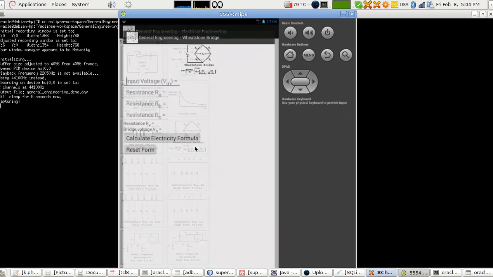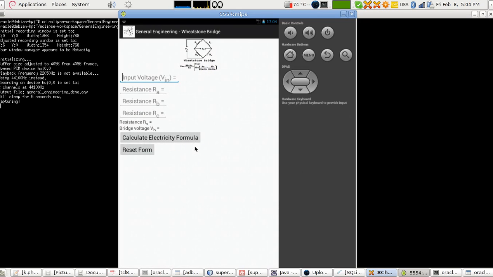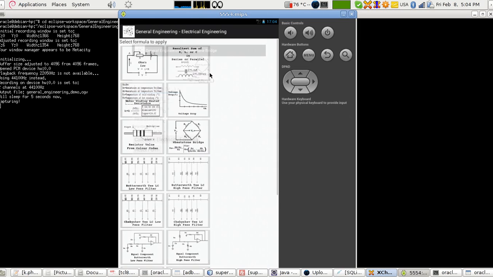now here it's about Wheatstone bridge. Just fill in the blanks. What's the input voltage, what are the resistances in the bridge over here, and you get the missing resistance. Okay,